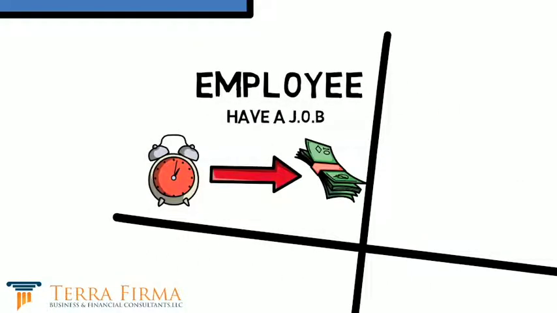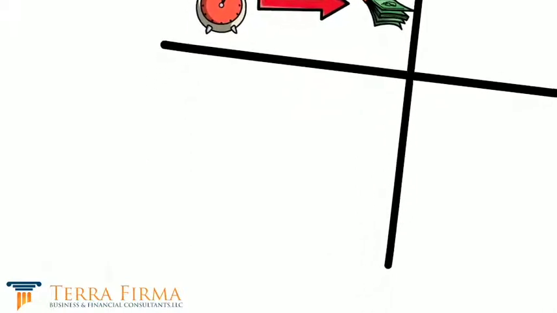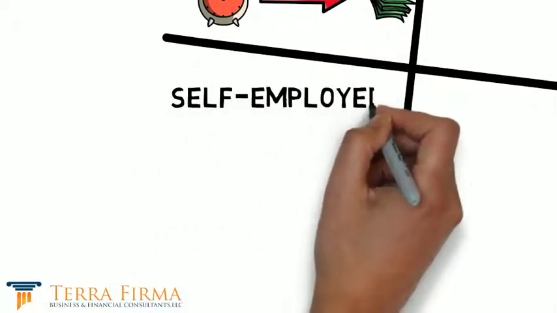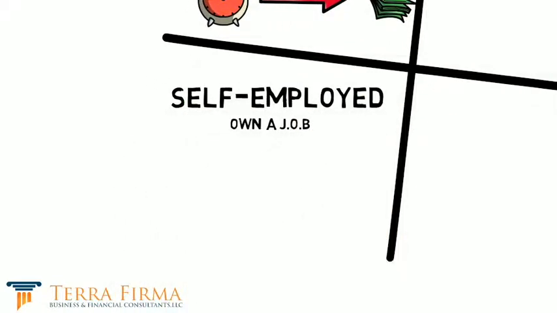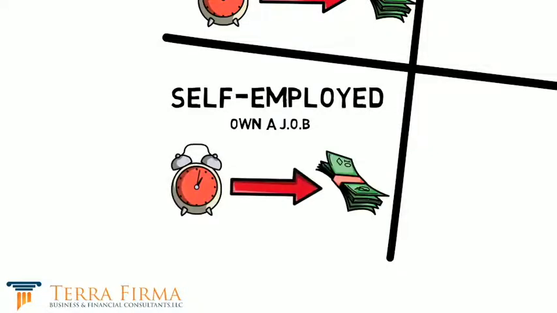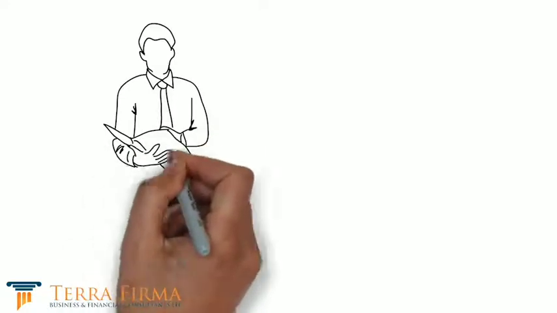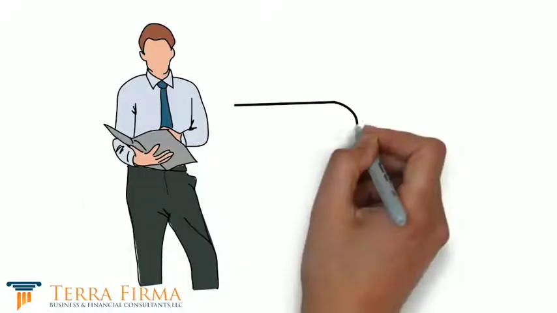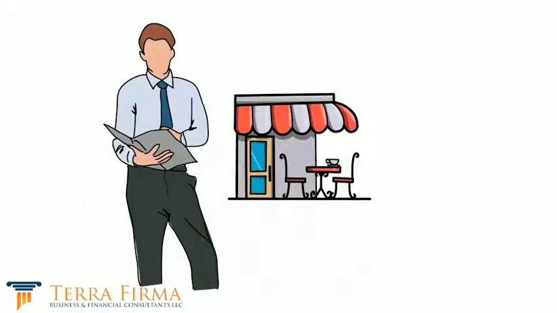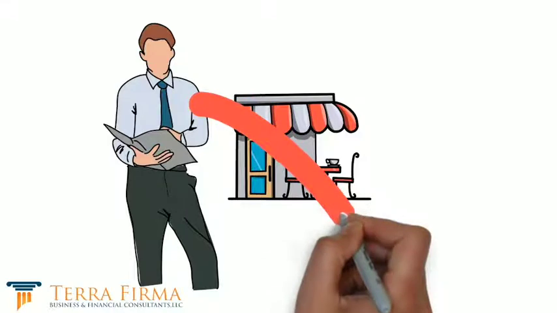dollars. About 5% of the U.S. wealth is made up of this quadrant and the bottom left quadrant, which is the S quadrant, where you're self-employed, where you own a job. Instead of having a job, you own a job. Your business owns you, so to speak, where you're still trading time for dollars. This is where you are self-employed, a sole proprietor, and really you have a business, but according to the IRS, you really haven't